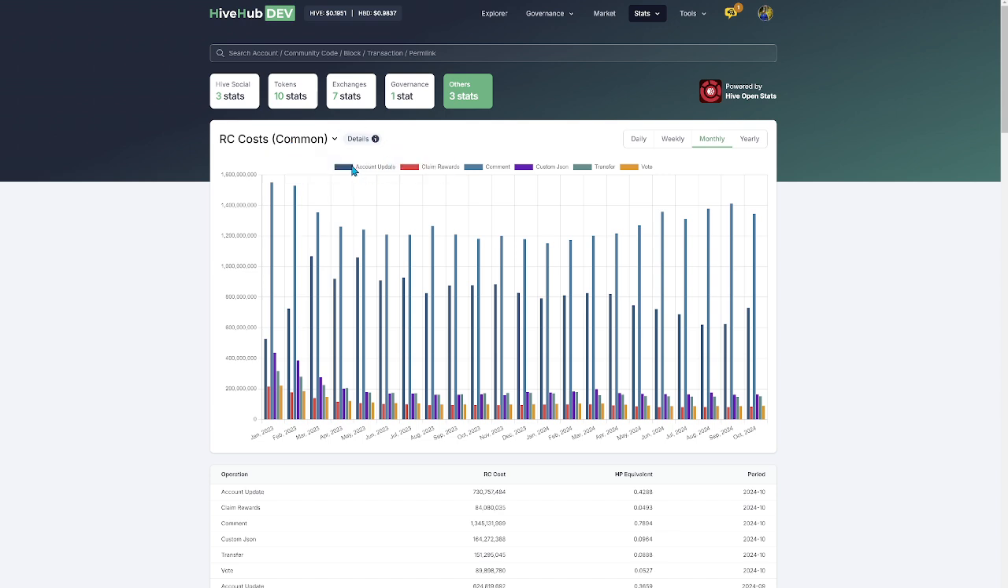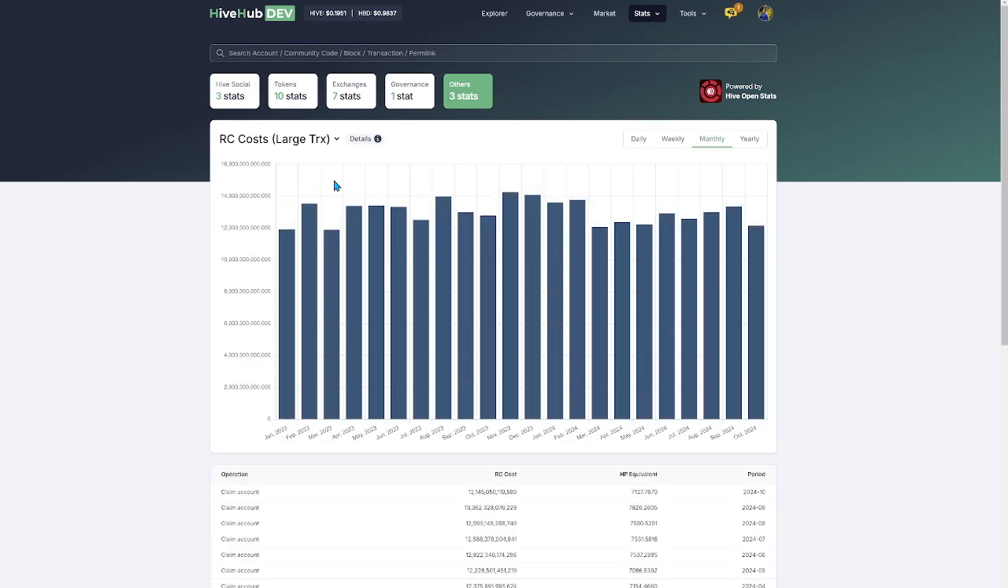Account. What's one of the more expensive things? Comment, which is like a post. So let's see what the cost of a post has gone from 1.5 billion to 1.3 billion, kind of ups and downs. And let's look at large transactions. So, this is the research. Yeah. Anyways,